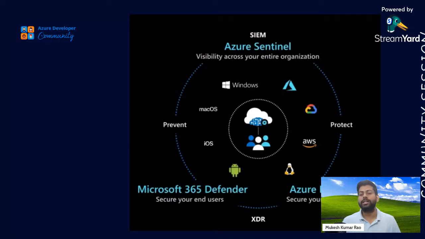On the right side, you can see the Azure Defender part. This is an integration of the Azure infrastructure to protect all the resources which you are hosting or using on the Azure platform, as well as if you are integrated with third party cloud providers like Google Cloud, AWS, or Red Hat Cloud. That connectivity of data transfer and migration is also handled by Azure Defender.